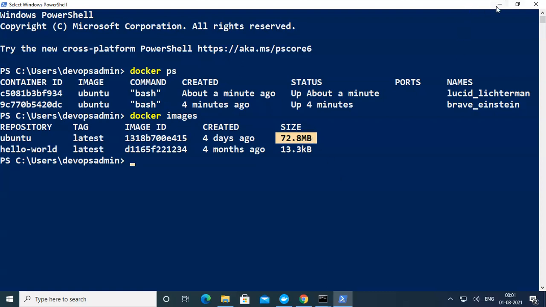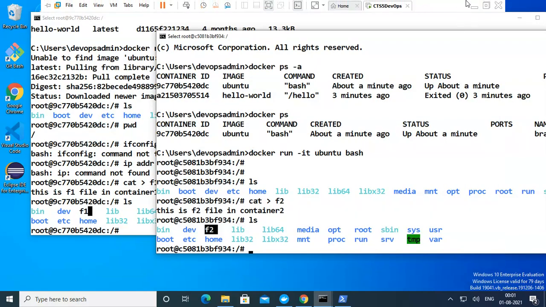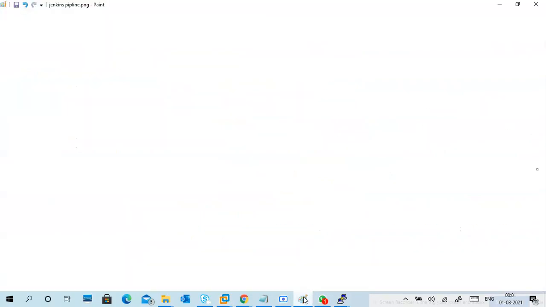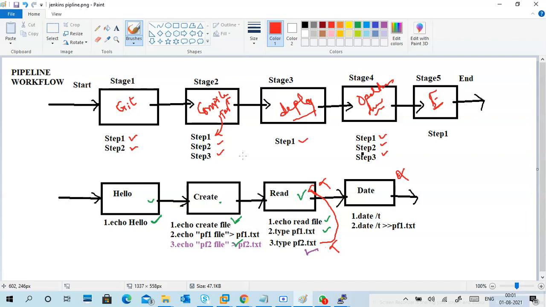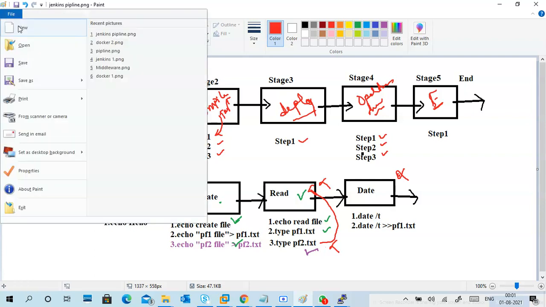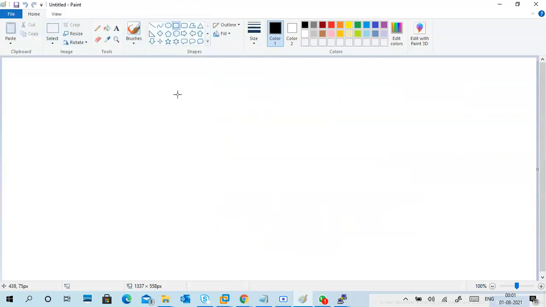Okay, so very simply, drawing-wise, if you want to see what I did, this is the flow. I will explain what I did. I downloaded the Ubuntu image, right?